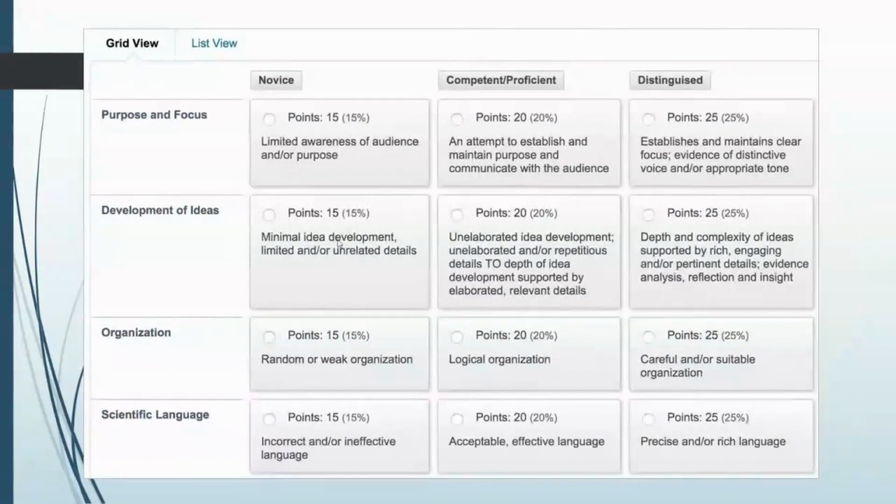This is an example of rubrics. As you can see, this is the criteria that you will grade your student. You have, for example, purpose and focus, development of ideas. This is a criteria or rubric for assignment, for example, and organization and scientific language. For the novice level, you will give 15% of the point,